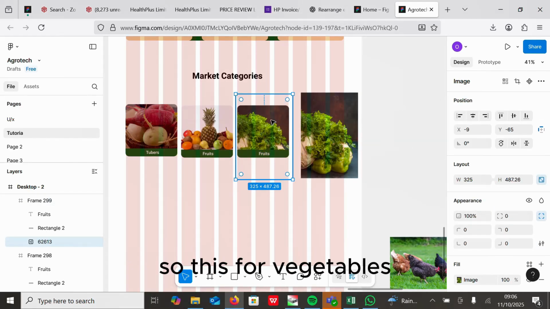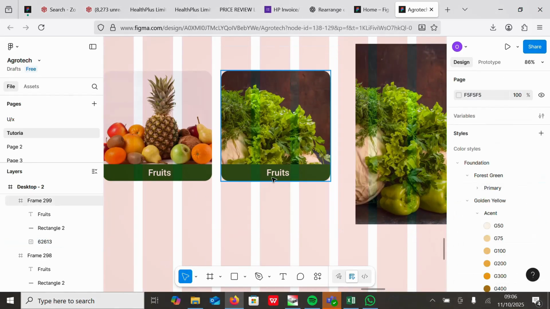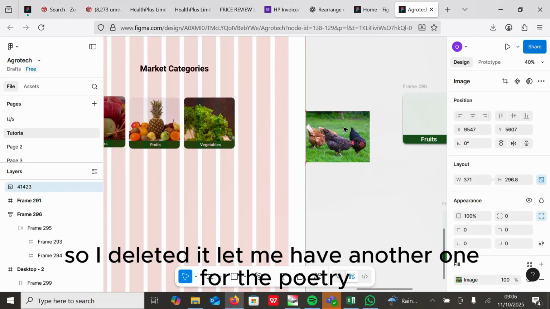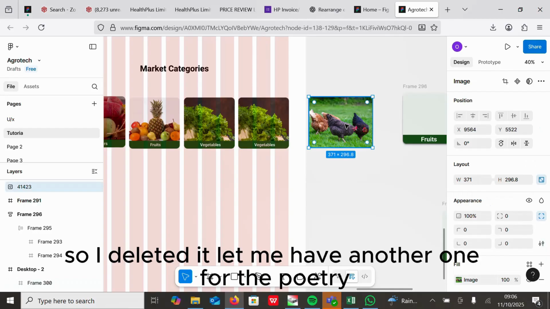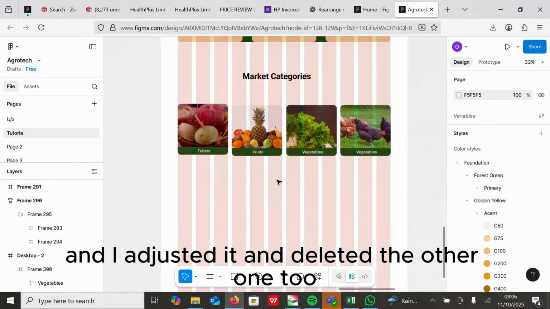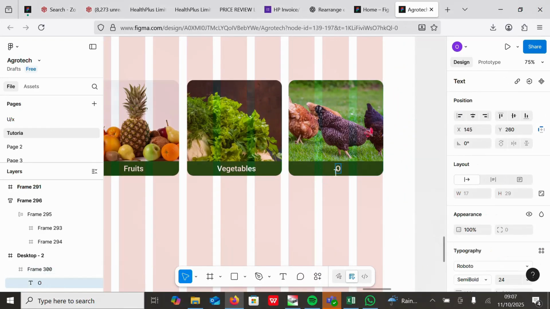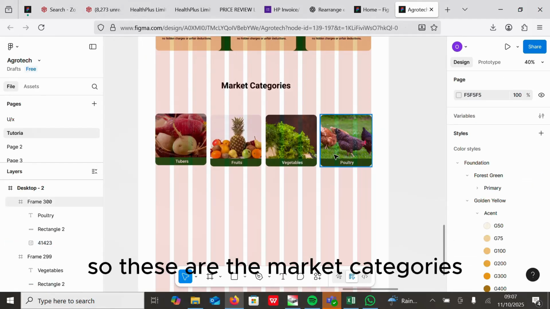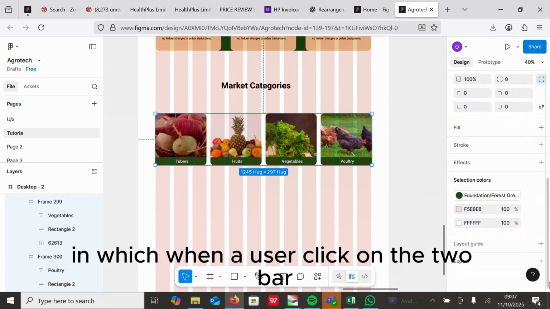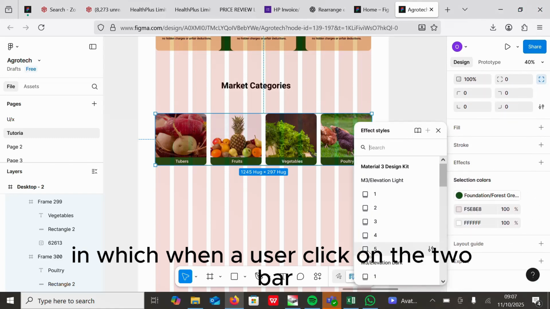Okay, so this is for vegetables. So I deleted it. Let me have another one for the poultry. Copy, paste to replace. And I adjusted it and deleted the other one too. Poultry. So these are the market categories in which when a user clicks on the tuber crops, it is going to bring them